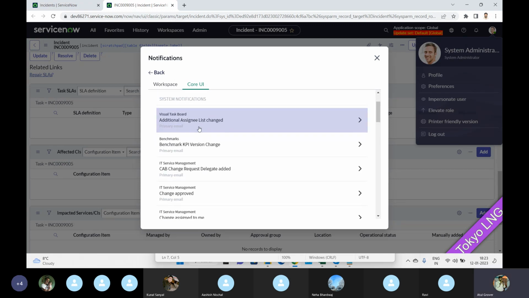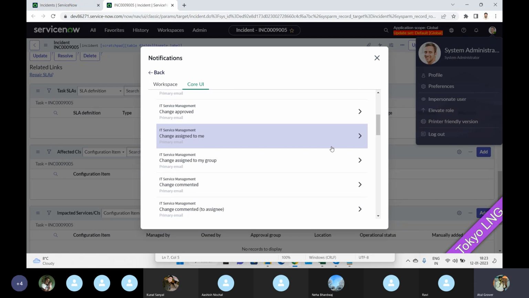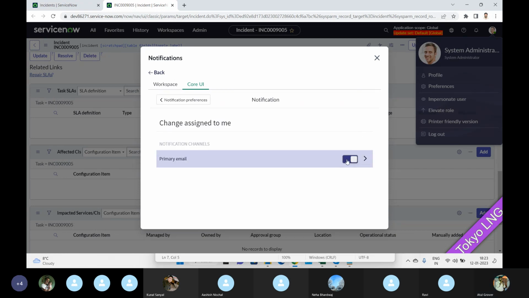So many emails come for the change. Change assigned to me. No, I don't want. Close it. Then if anybody assigns a change to you, you will not get an email. This is what we tell the customer, that if you want, you can do this personalization at your end, because